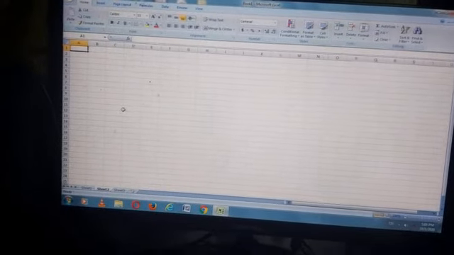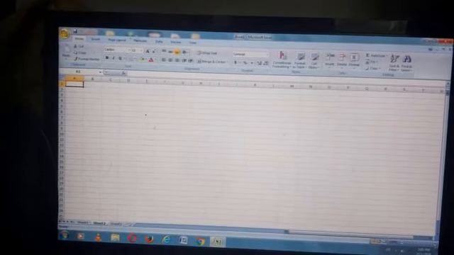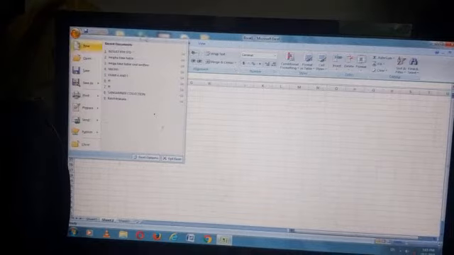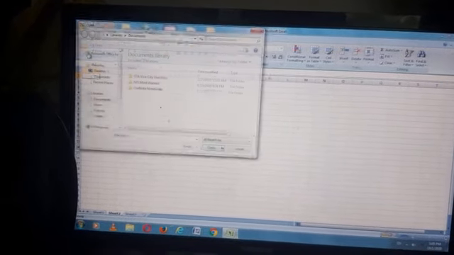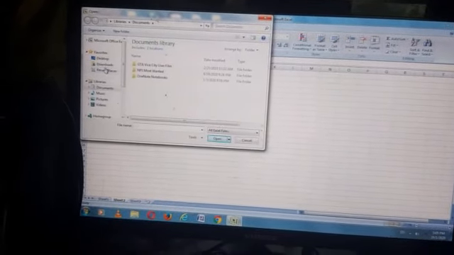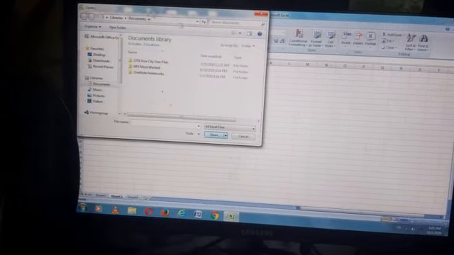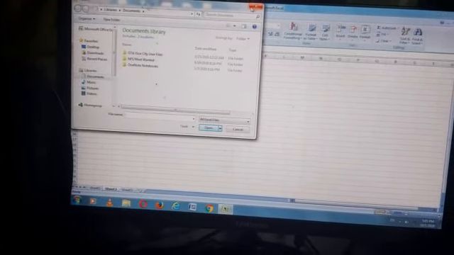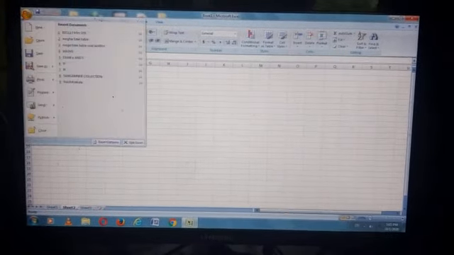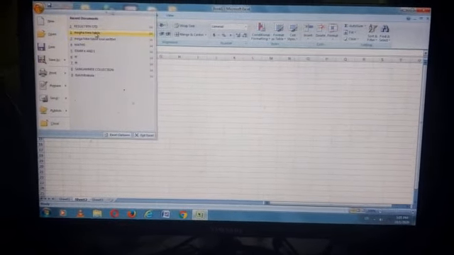Now, how to open an Excel file? First we need to go to the File tab. Here is the File option. Click on File and click on Open, and open your Excel file.